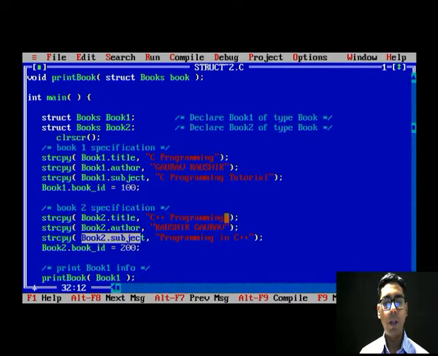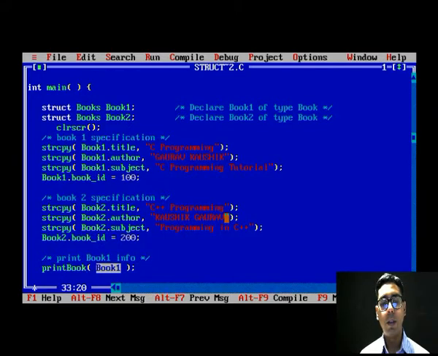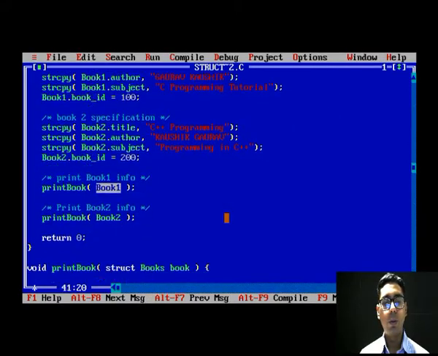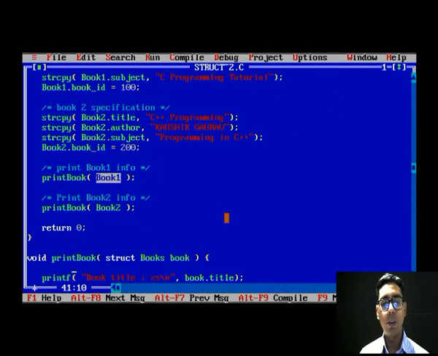Now I have made a call to the function which was declared earlier as print book. I make the function call print book with one argument, and the argument is book1. As soon as this statement is executed, the compiler switches to the definition of the function, that is the print book function. This print book function has one argument named